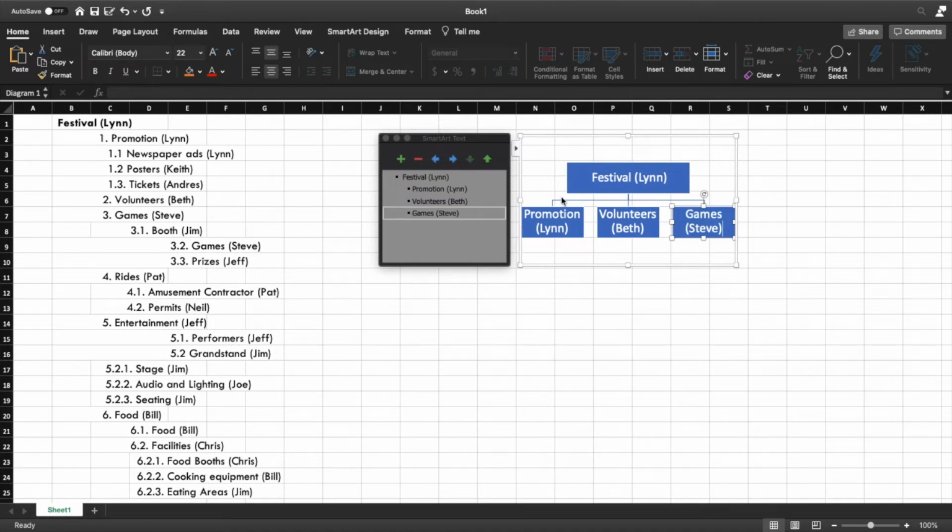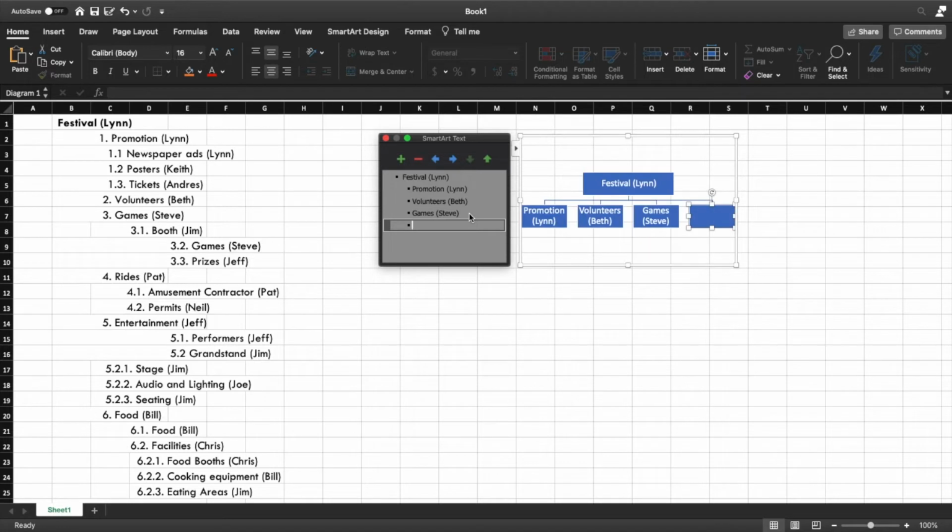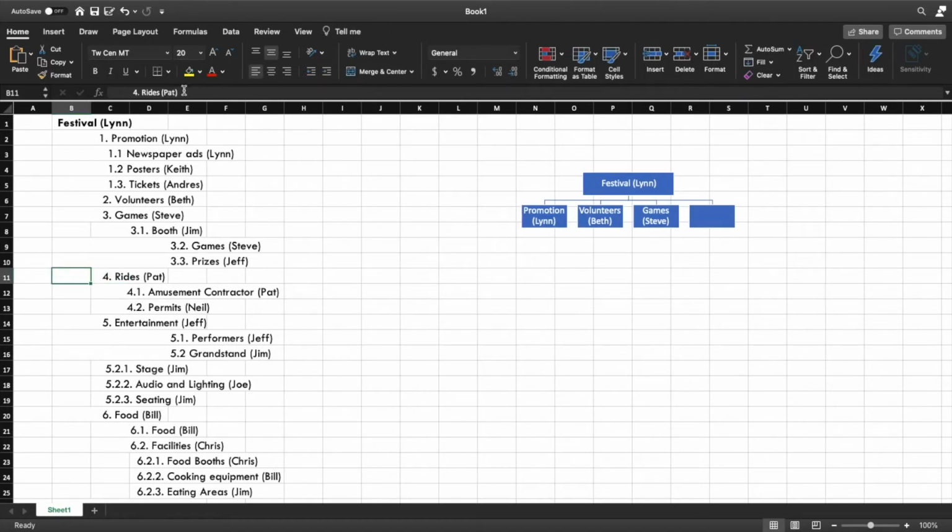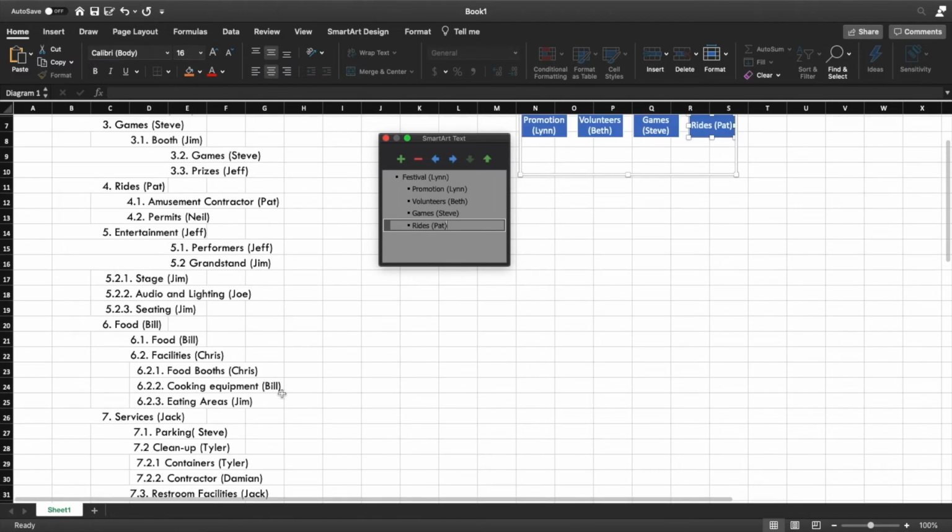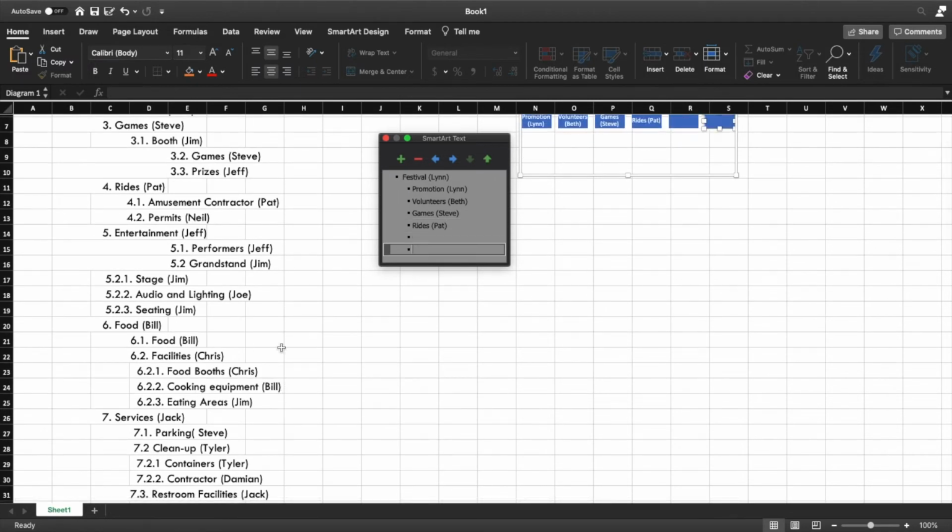Now you see that here we have only 3 boxes, but we want more. So what we can do is just press the enter key and we'll have another box. So now we can just put our levels here. So we have 5, 6 and 7.